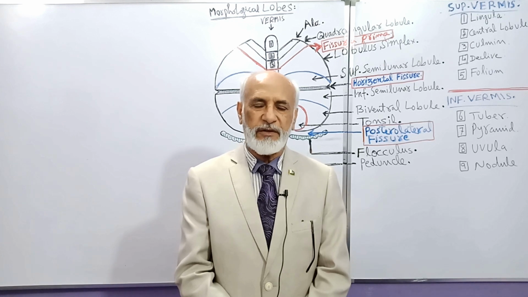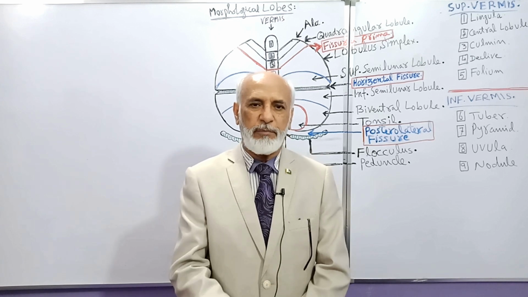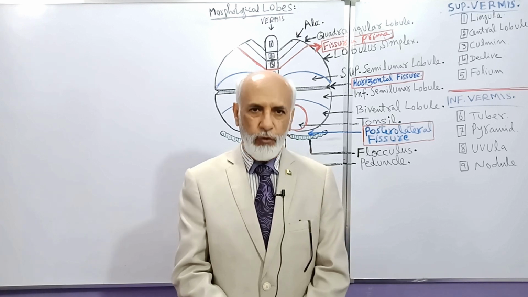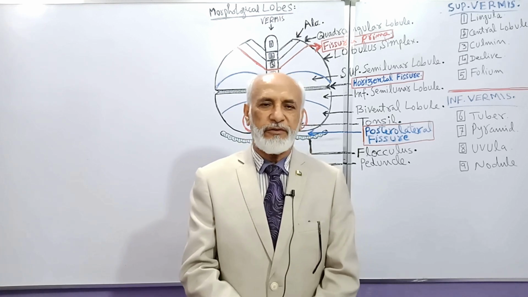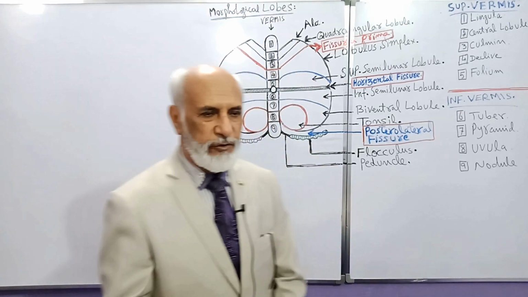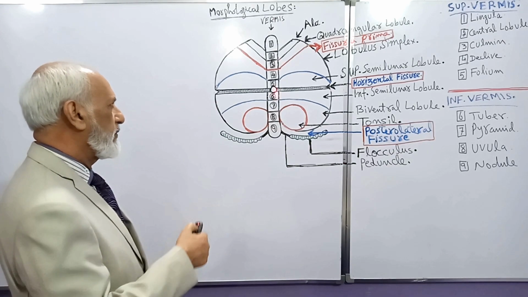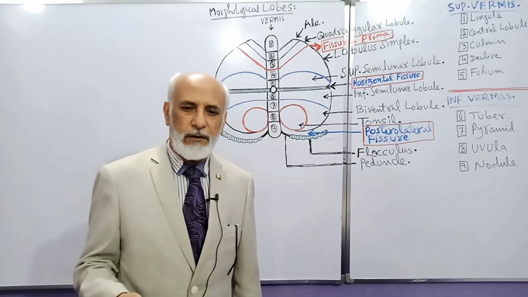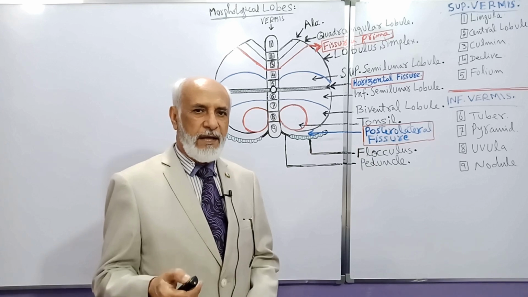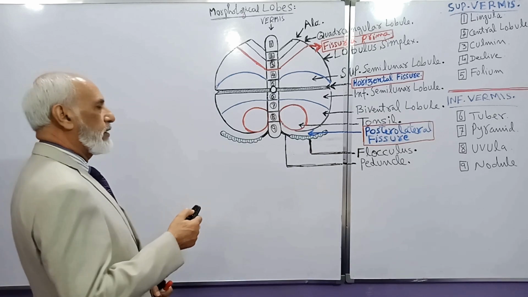In continuity with the last lecture pertaining to the external features of the cerebellum, we will continue based on previous knowledge. We will divide the cerebellum into different lobes. Last time we discussed the morphological subdivisions of the cerebellum, which was explained with the help of this diagram, dividing the vermis and hemisphere into various lobules. Now we will discuss the lobes of the cerebellum, gross anatomically or morphological lobes.